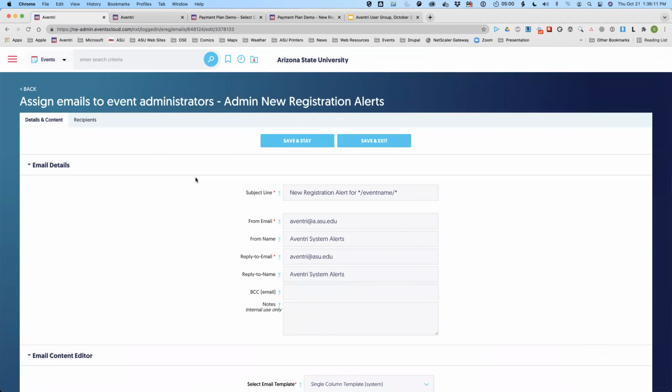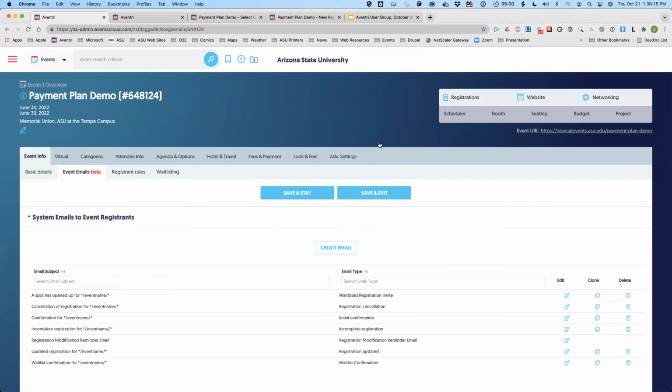All right, great question. Be nice to get an email alert when your event category has reached capacity. That's an interesting idea.